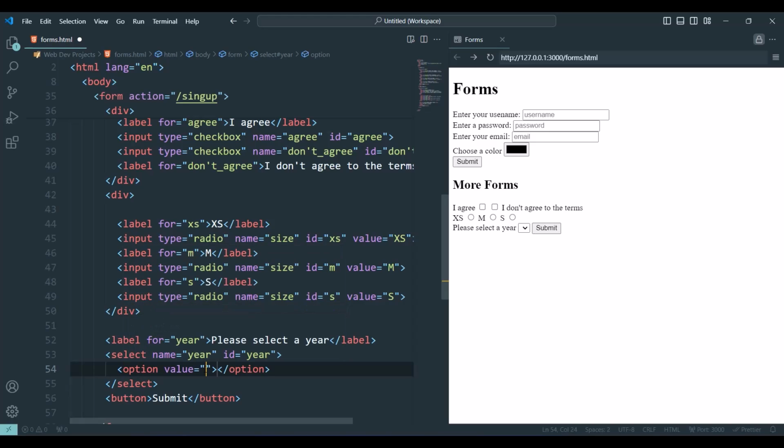and the value is going to be, so this is the value which is going to be sent through when you click on the submit. So I'm going to choose for the value, let's say 2019. Let's put here 2019. Let's copy this.